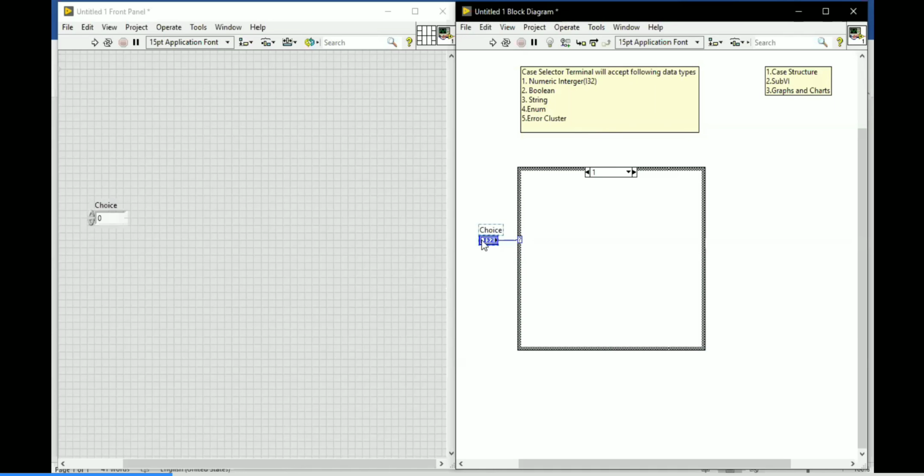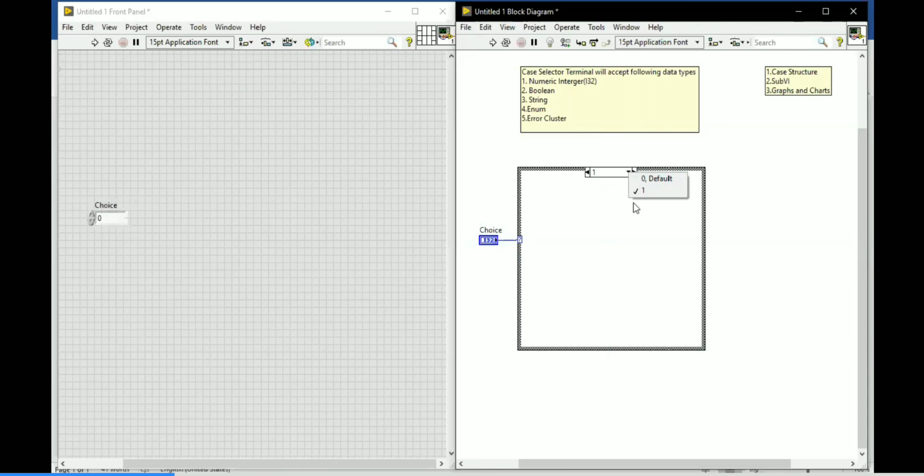Once you connect the numeric value, if you drop down this selector label you will get 0 and 1 available. Currently you have the 0th case and the first case. The case always starts from 0.